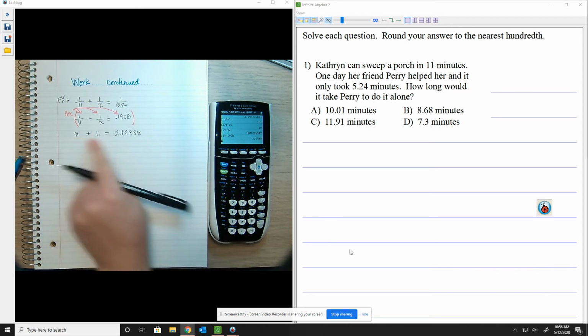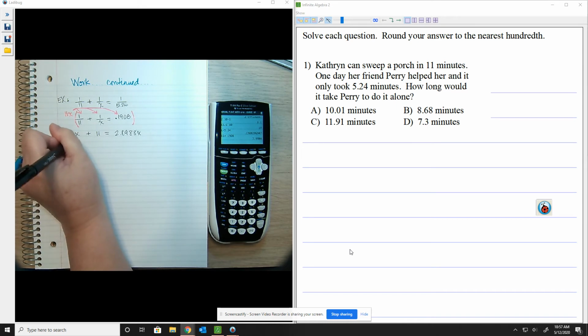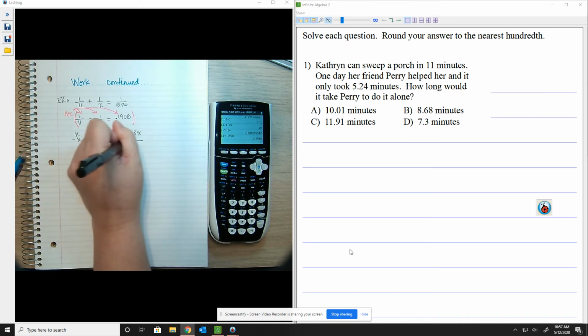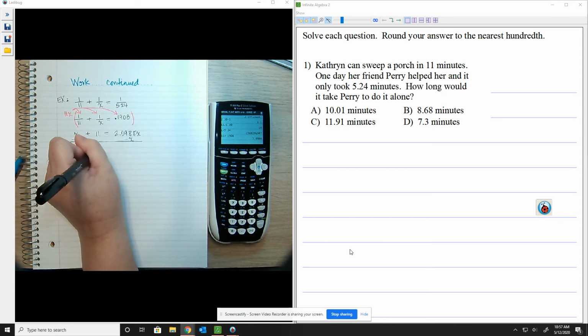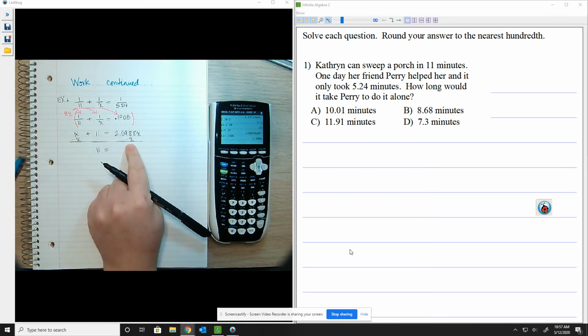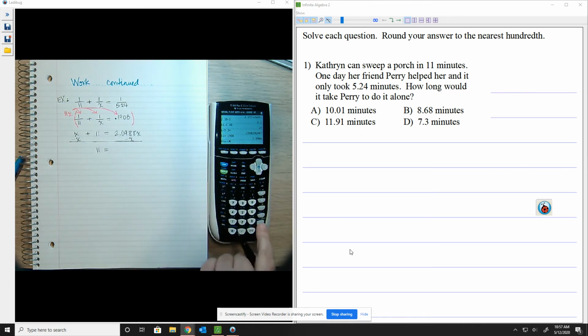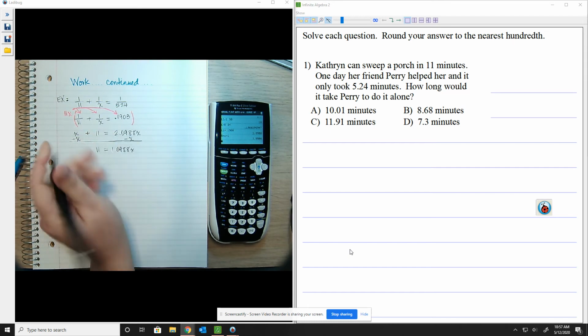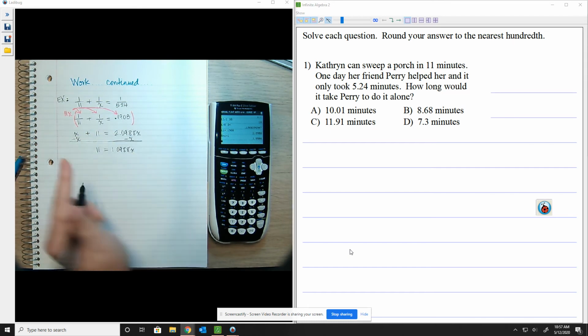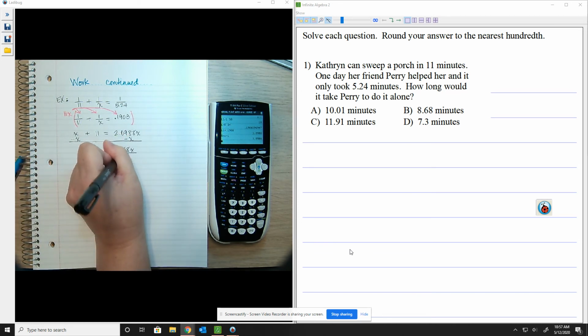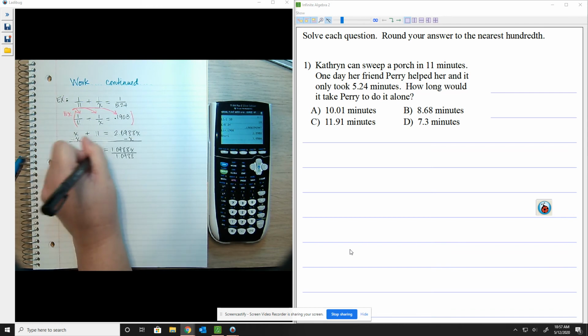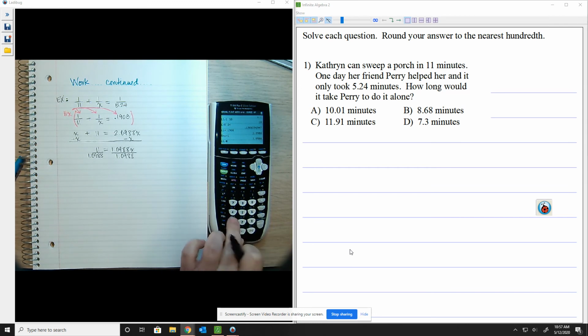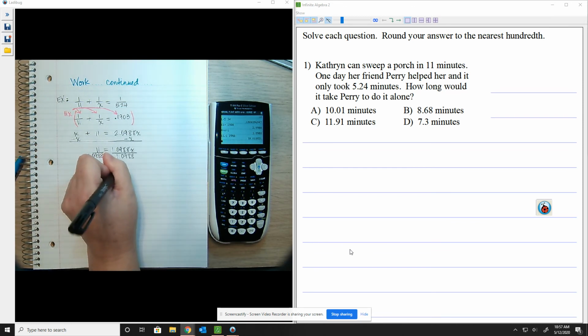All right, and now I need to solve. Well, I have an x on the left and I have an x on the right. So I'm going to subtract x from both sides. So 11 equals, well, that's a 1. So I've got this on my calculator. I'm going to subtract 1. So I have 1.0988x. Well, now I got to get x by itself. That's why I only went to 4 decimal places. Divide both sides by 1.0988. So 11 divided by 1.0988. So I get x equals